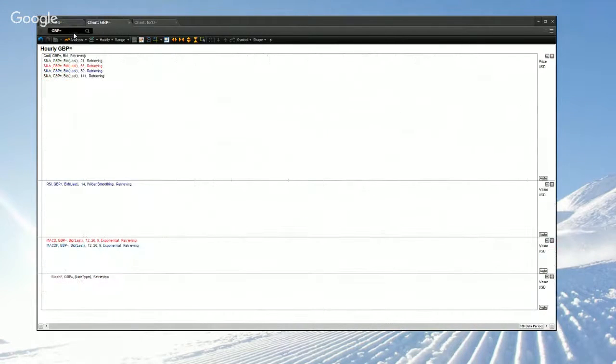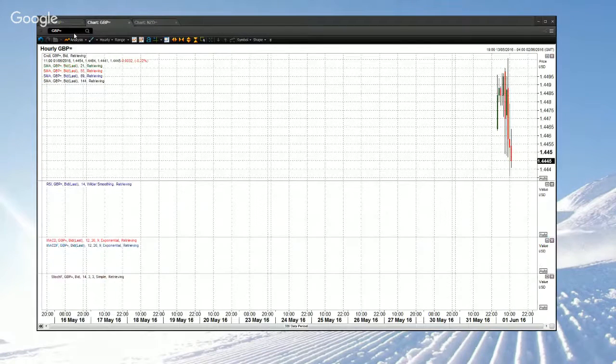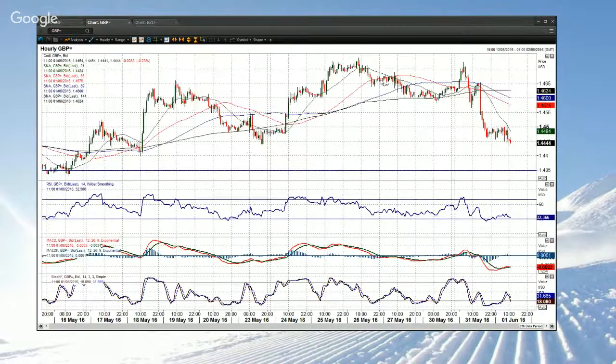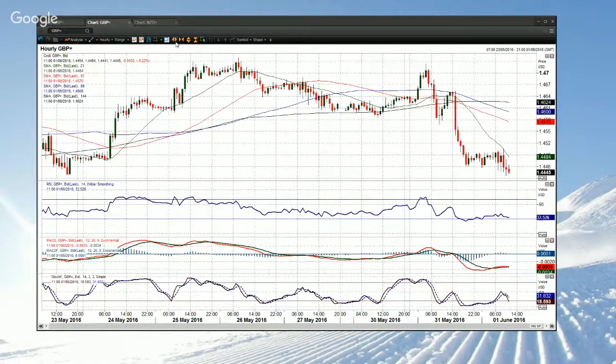Is there much difference on the hourly chart? Well, not really. We had the UK PMI today, which was actually fairly reasonable. I say fairly reasonable. It was above 50. 50.1 was the manufacturing PMI for the UK. 46.6 was the expectation, so it did slightly beat expectations,